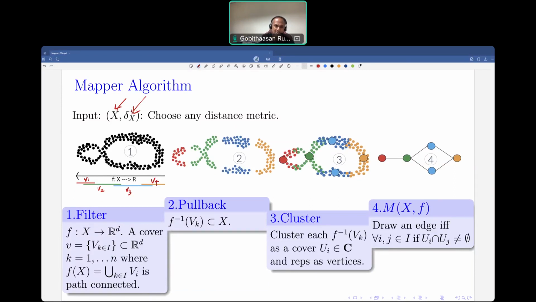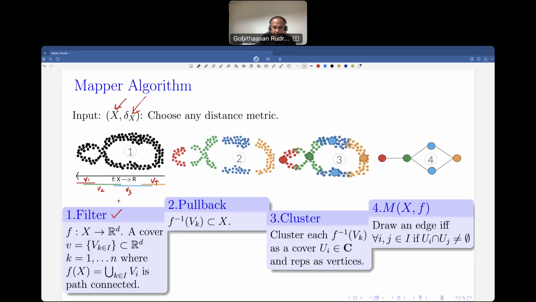The distance can be in the context of zero distance, which is a kernel also, right? Any kind of a metric or measure which would be able to elucidate the structure of your data. Anything actually. So delta can be anything, preferably a distance matrix, of course. So the first step